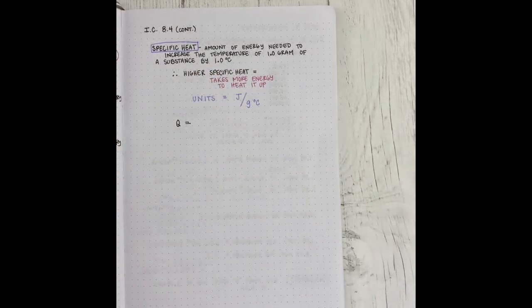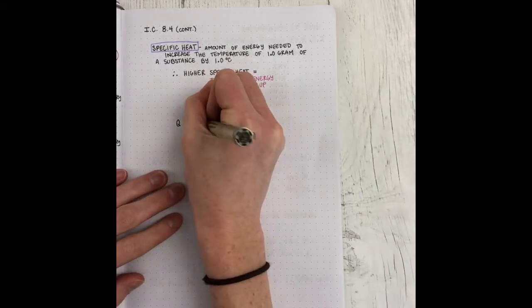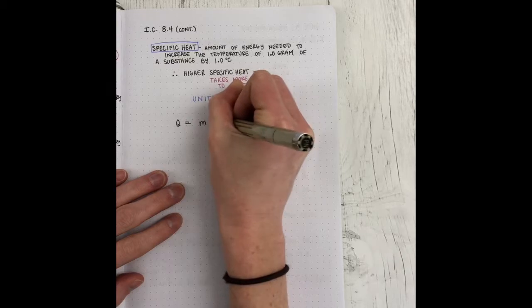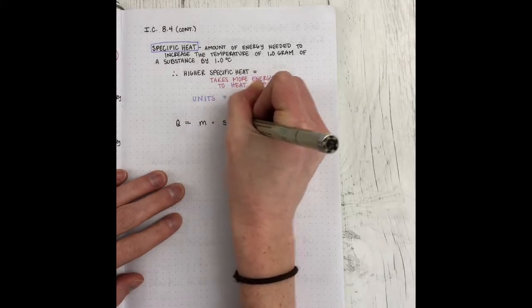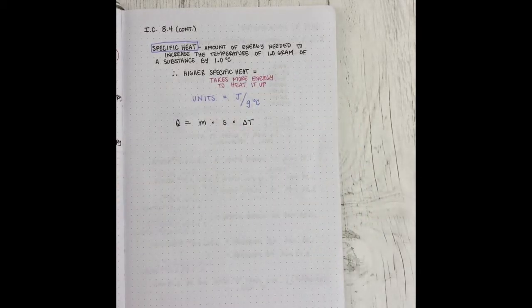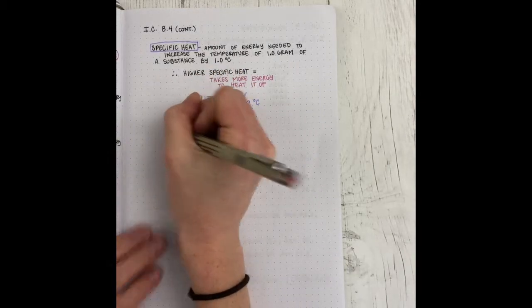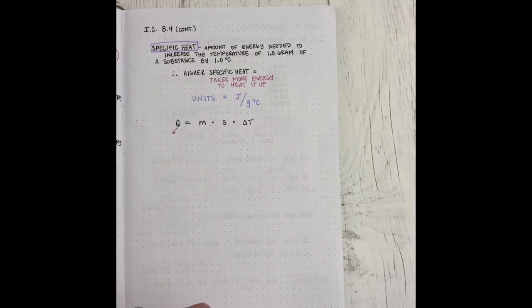And we use specific heat in a fairly complex looking equation, but it's actually quite easy to apply. It's called the calorimetry equation, and it is Q equals M times S times delta T, where Q is the